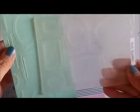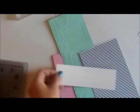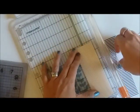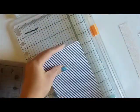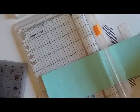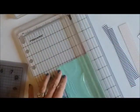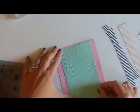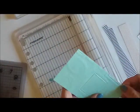That was card number 8, and it was so simple, yet it was one of my favorites from this set. So we are on card number 9, and what I did was, I had leftovers of the mint cardstock, because I just used that for card bases, and I had a 12 by 12 piece of that, and so I ran my embossing folder a few times through it, so that it will create the longer panel of the frames. And I wanted to do a shaker card for this, and I wanted to emphasize one of the frames, and so I'm trying to center that, making sure that that will be centered